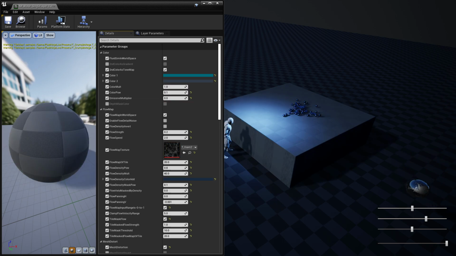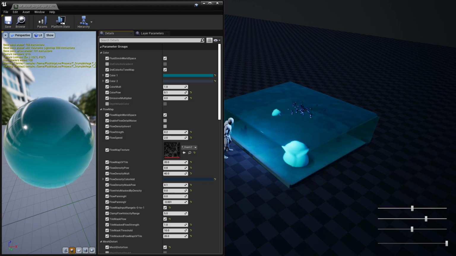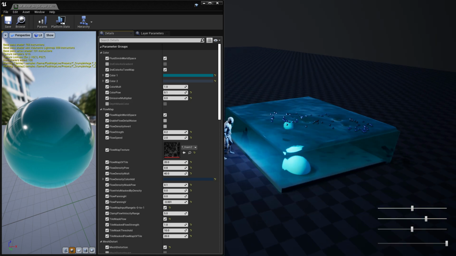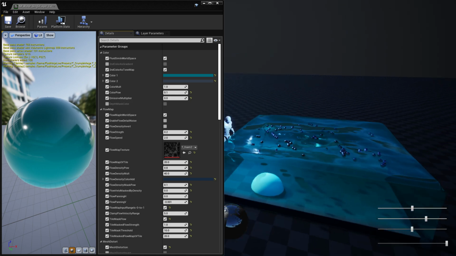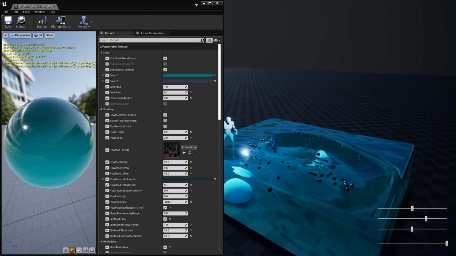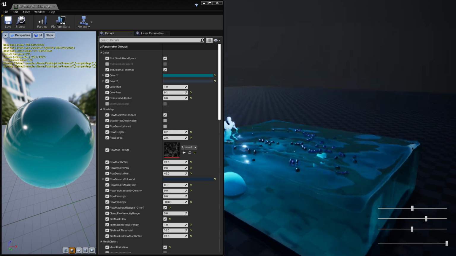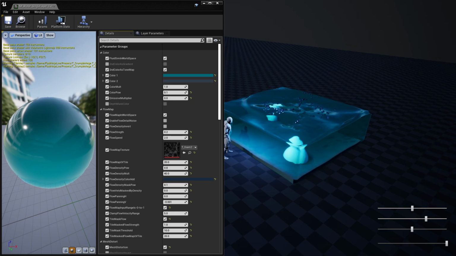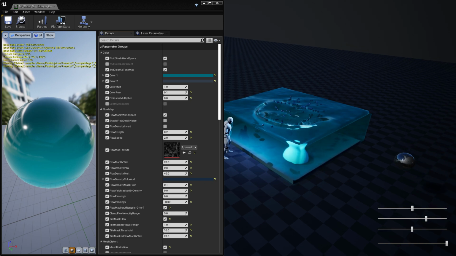If I switch it off and let UE compile a bit, we get back to the original water, which is a nice water surface. It also has some subsurface scattering and refraction, but caustics was heavily missing.